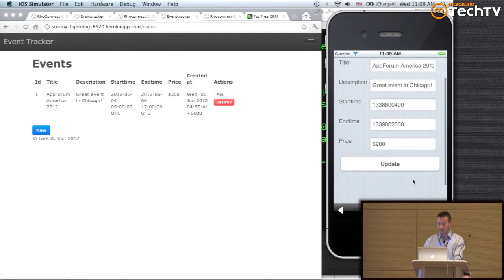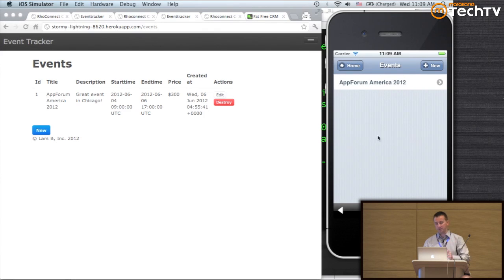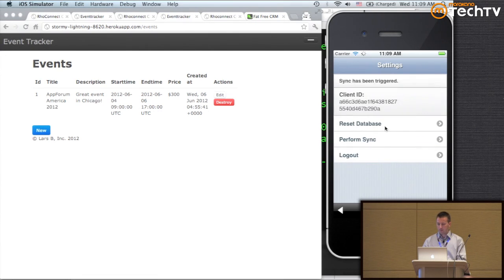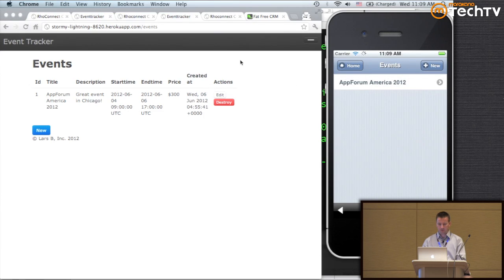So now, when I go ahead and synchronize this, it's going to go the other direction. It's going to send the data from the device up to the RhoConnect instance, and the RhoConnect instance is going to talk to the plugin behind the scenes and update my active record model. And so I can go ahead and refresh. You can see now the price is updated here. So I can make changes both directions. I could delete this or create a new record, and I would see them reflected on both the web application and my mobile